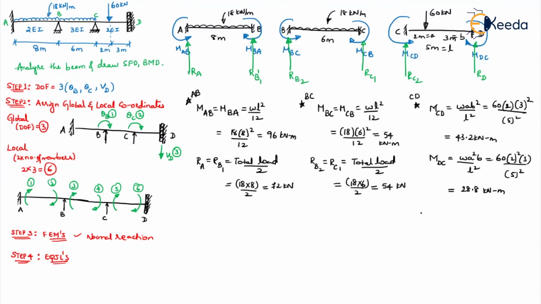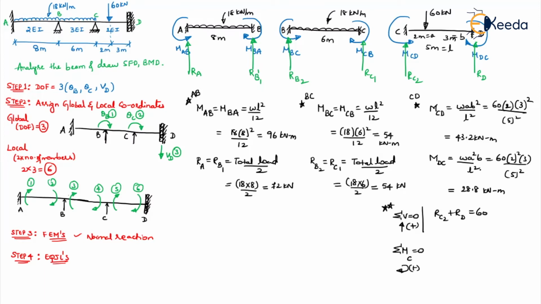Now to find the reaction, because it is not symmetric, you cannot directly do total load by 2. What you have to do is, you have to do sum of vertical forces equal to 0, all upward forces positive. You have to use basic equations of equilibrium, basically. Okay, so what is this? RC2 plus RD will be equal to 60. Then we'll take sum of moments about C equal to 0, all clockwise forces we will take as positive. So start, this is your negative